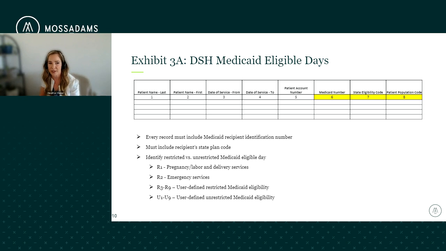As you see here, we believe that they're trying to get these ready for audit so they don't have to ask for any additional data at the time. Starting with the Medicaid number, it should really be coming from your Medicaid state eligibility, or if patients come into the hospital and give you their Medicaid ID information, you can find that internally. You should be saving that within your hospital systems so it can be pulled out on a data extract.